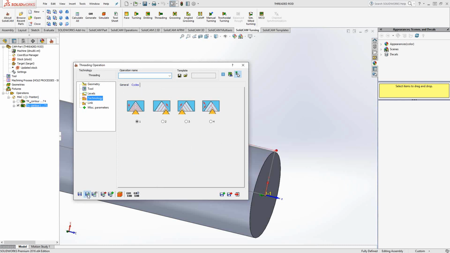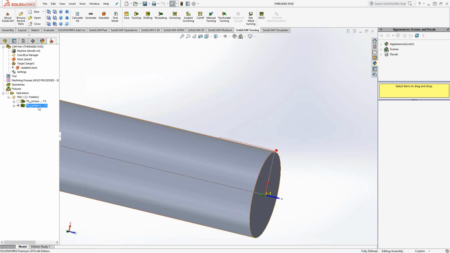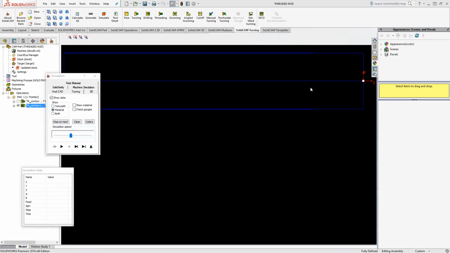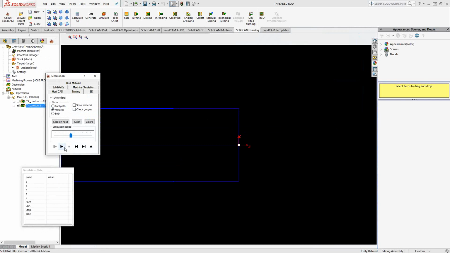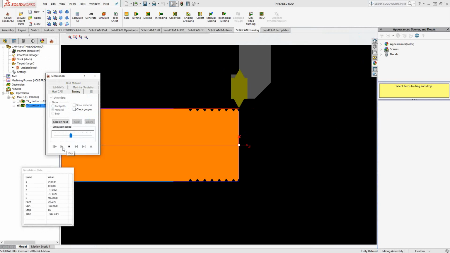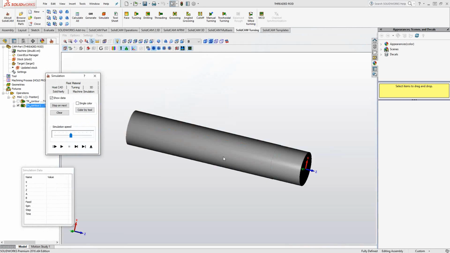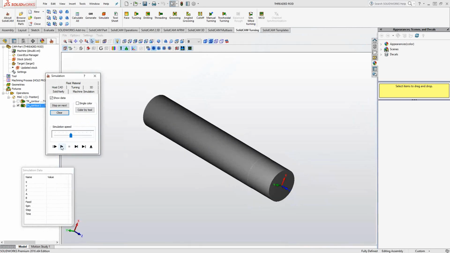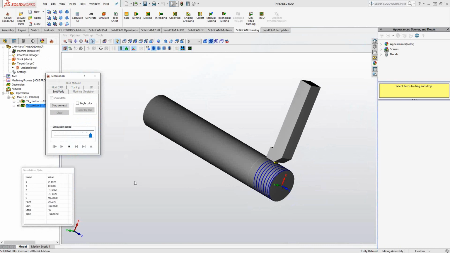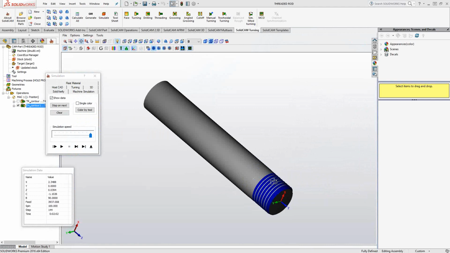So if we do a save and calculate on that, let's take a look at that toolpath in simulation, turning simulation. So we'll take a look at the end of the rod there. If I press play, you see a representation of the thread. There it is. And if we go to Solid Verify, I'll actually show you it as well. Let me just speed up that simulation. So it's a nice little cool function in the Solid Verify, so you can see the actual helical thread